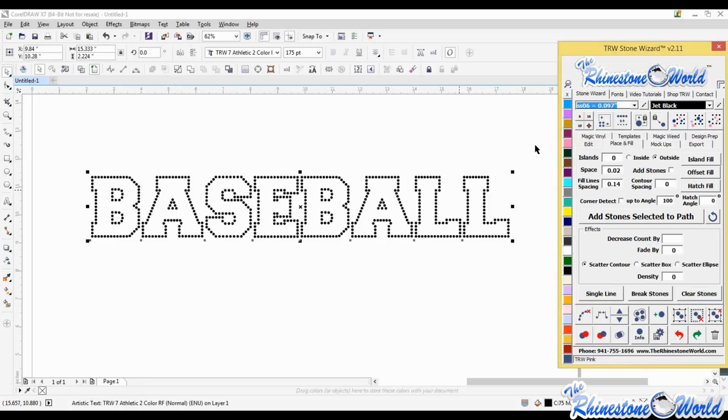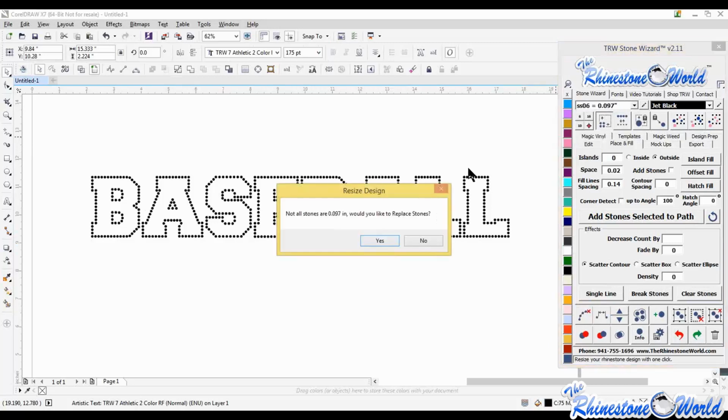So right now I have my SS10 selected, but I want to change it to my SS6s, so I know this design is going to be a lot smaller. So I'm going to go up here to my wizard. I'm going to go to my stone selection here, where it's going to show me all the different size stones that I can use, and I'm simply going to hit resize design, and it's going to